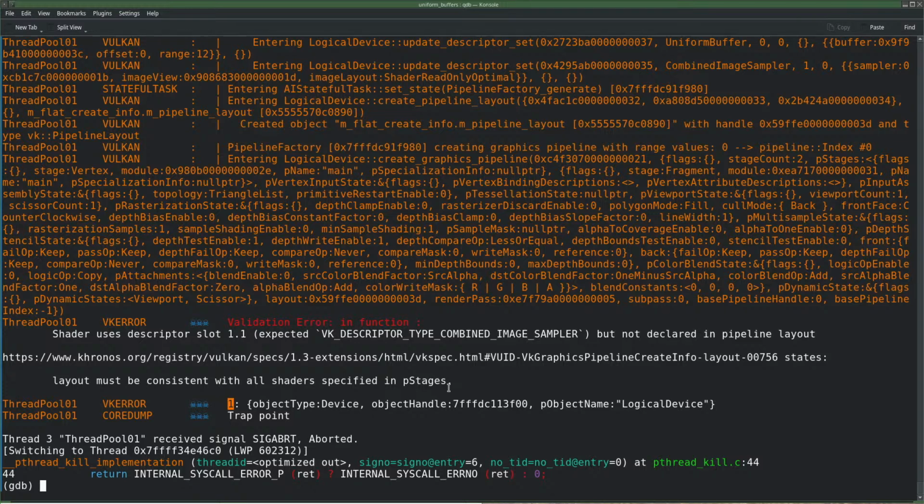My pipeline layout is definitely gone wrong. Why does it tell me which shader that is? Shader, what shader? See a vertex here. And a fragment here.